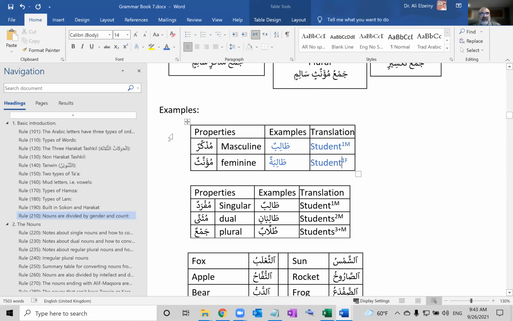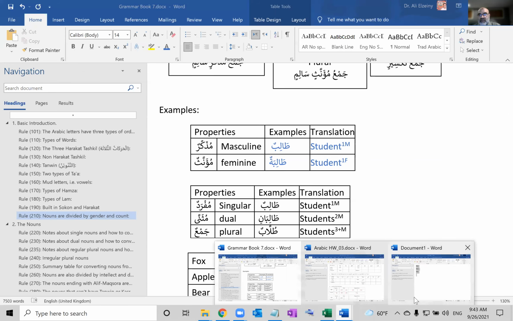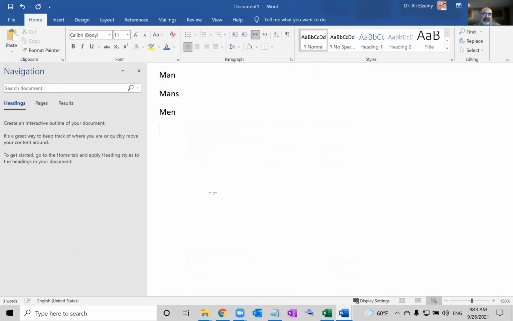Otherwise, if I just say student, you will never know if it is one male or one female. In Arabic, it makes a difference. In English, it doesn't make a difference. So unless I put one male like that,